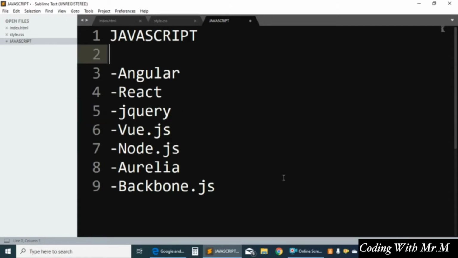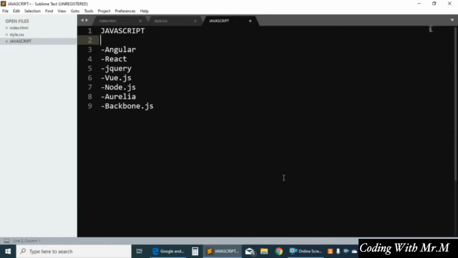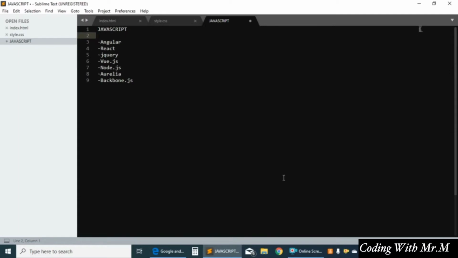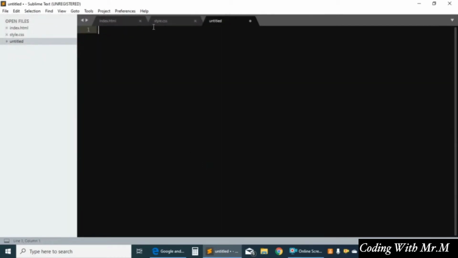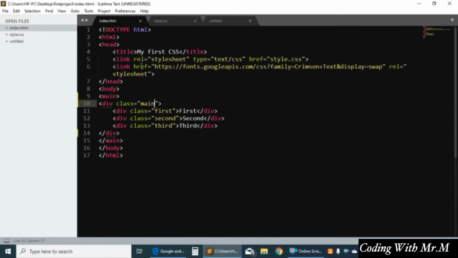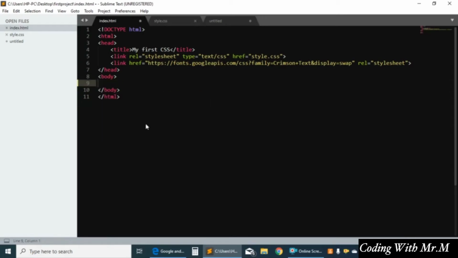So let's learn how to write our first JavaScript code. I will delete that completely. I don't need it right now because that was just a simple explanation. Let's remove that completely, and then we can go to the index.html. So what is the first JavaScript syntax? I'm going to firstly delete the div items from my project,